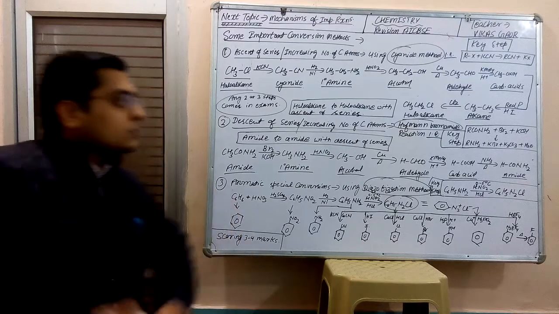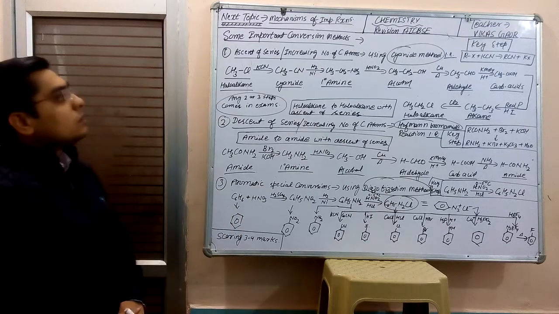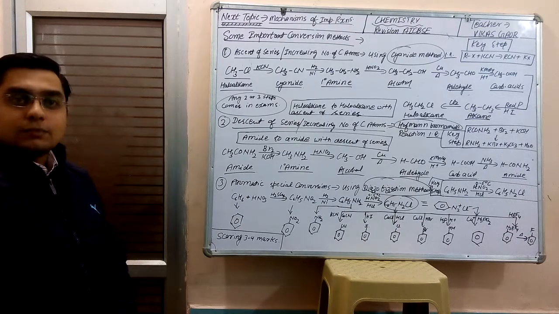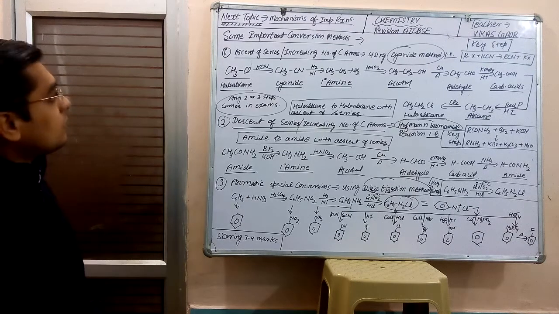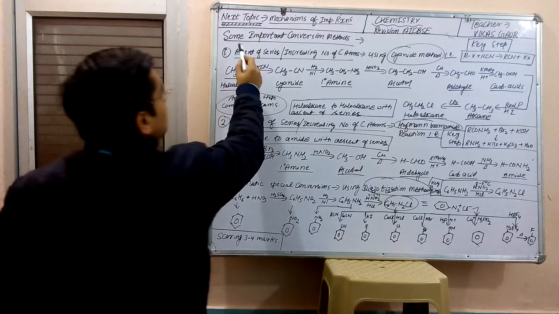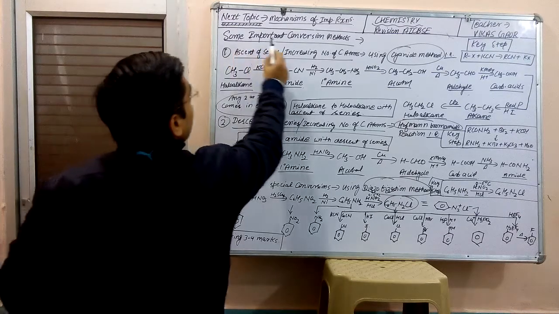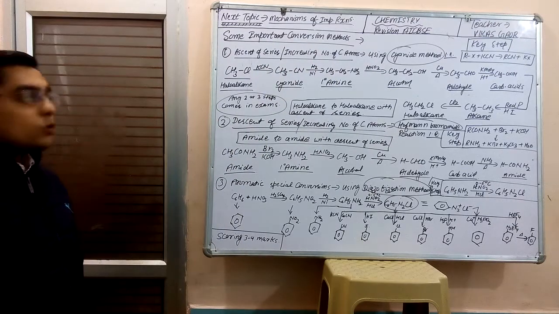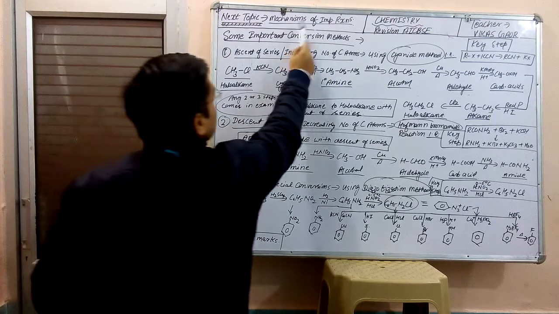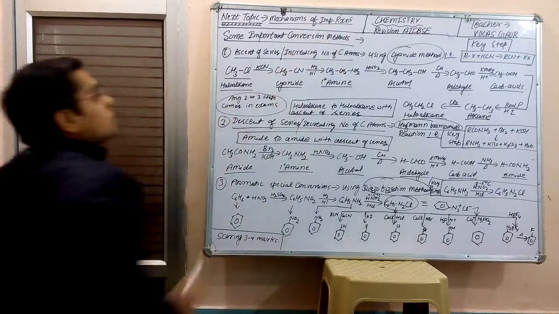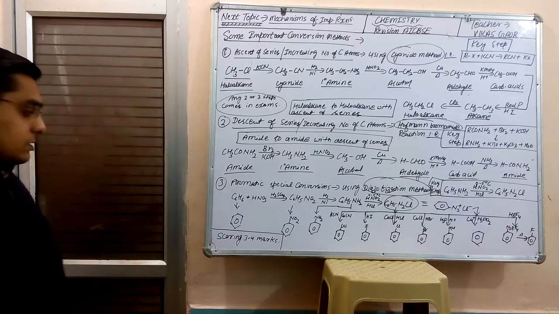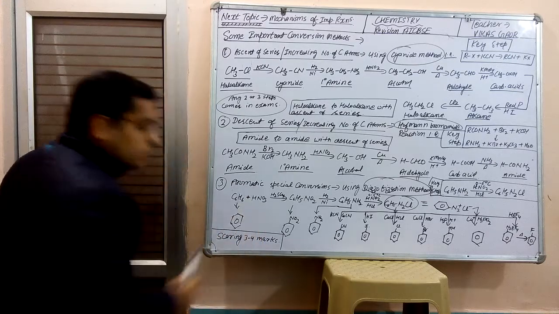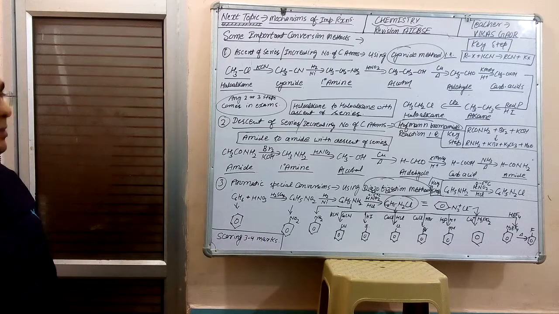Hello friends, so this is my next lecture in the series Revision for Organic Chemistry for Board Exams for class 12th. Our today's topic is very important: some important conversion methods. And our next topic will be the mechanisms of some important reactions, which are also required for the board exams. And from this video you will be able to score 3 to 4 marks in board exams.